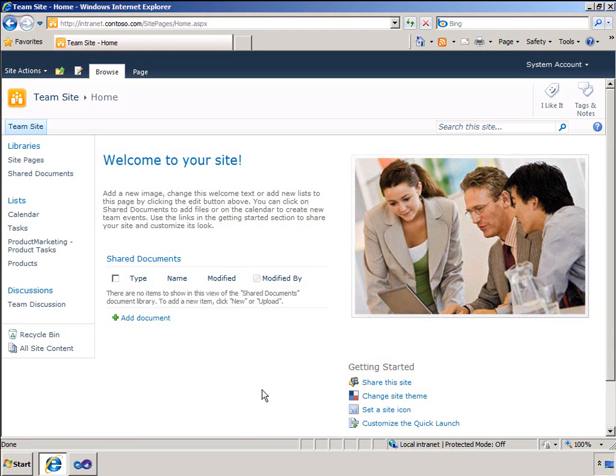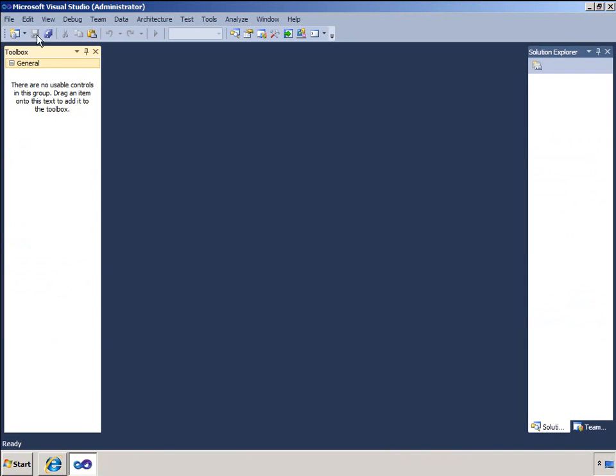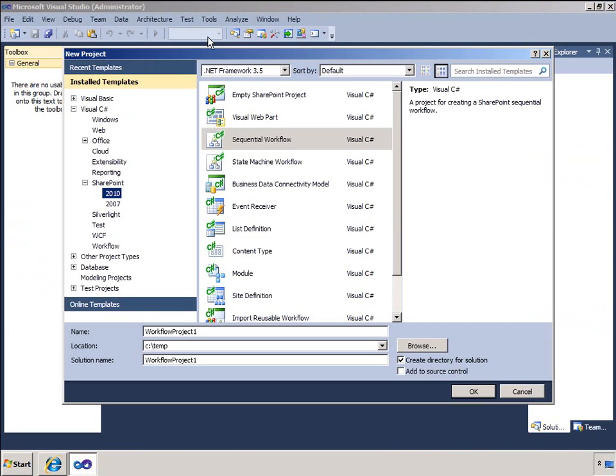In the previous demo, we built a workflow with SharePoint Designer that rejected or approved new products based on their selling price. In this demo, however, we will create a workflow with Visual Studio. So I can choose from a Visual Studio SharePoint 2010 template, and I will choose sequential workflow, and we'll call